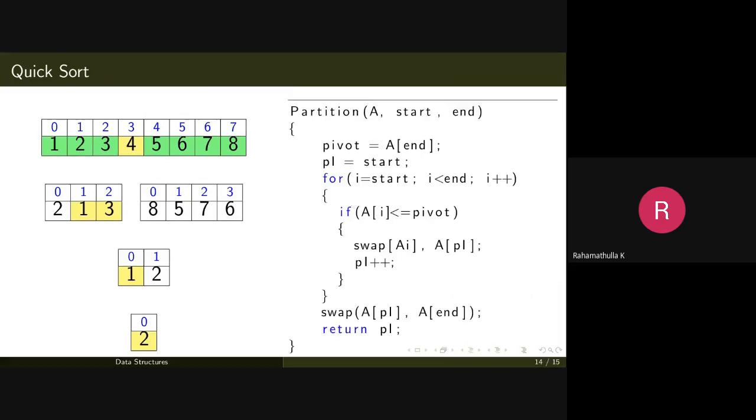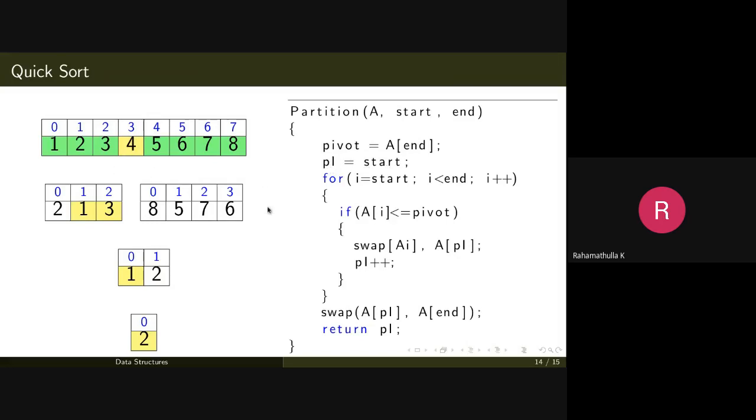Now let's explain the partition logic. We have explained this with the help of an example. Just select a pivot element. We can select any element, but for the sake of simplicity, we select the last element, A of n, as the pivot element, and initially we set pi, the correct position of the pivot element, as the start value itself, that is 0.